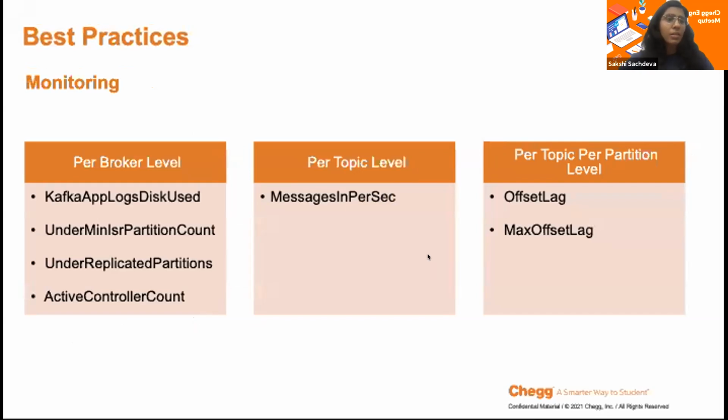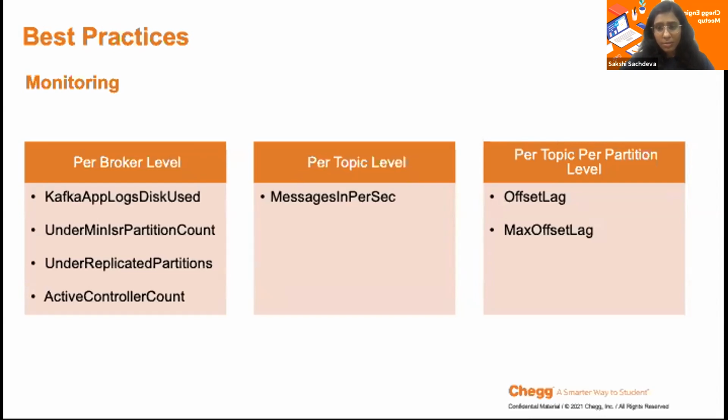The third area is monitoring. For understanding monitoring, we should understand the important AWS metrics which AWS is providing us and which we are using extensively. There are metrics which are available at per broker level, per topic level, and also at the partition level. For example, at the broker level, this is the first one, and it is very important for us: Kafka app log disk use. It tells what percentage of disk has been used